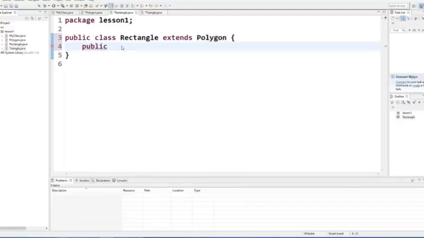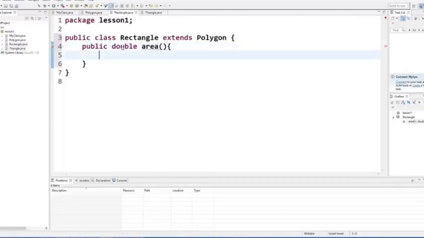So double area, and what this method is going to do is just return the area. So return height into